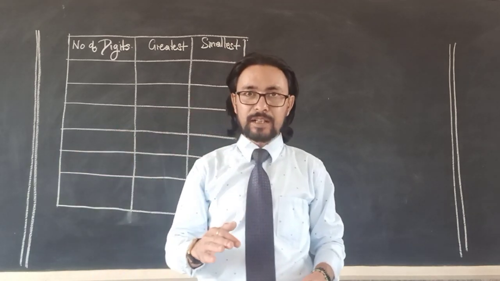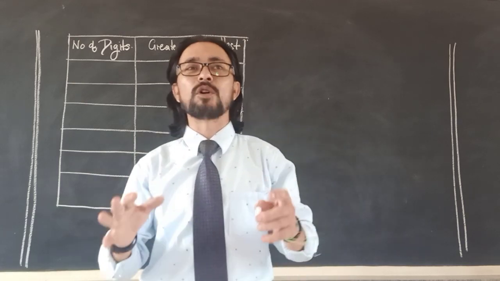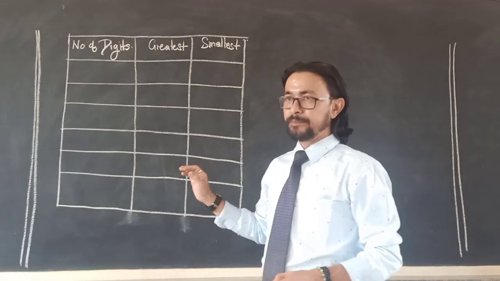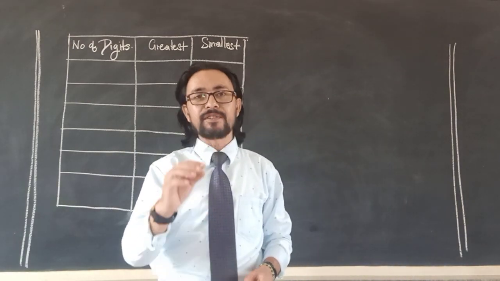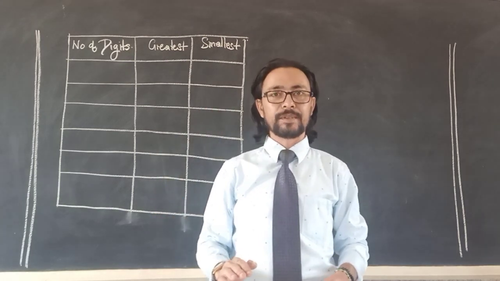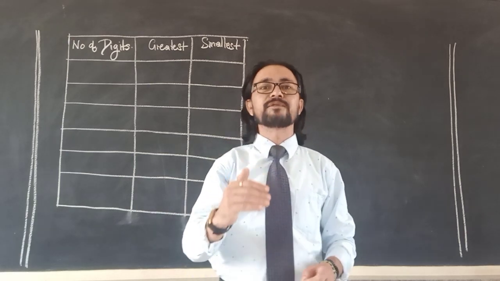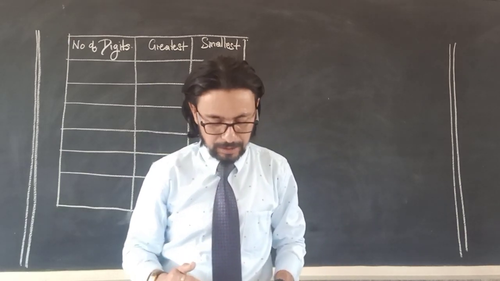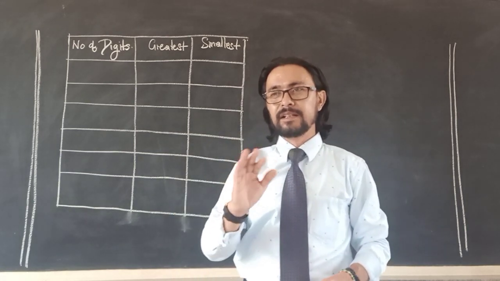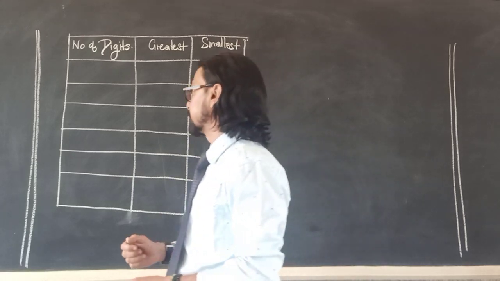But what I'm here today to explain to you is sum number 6 and 7 regarding smallest and greatest digits. Now as you can see, I have put down a table for you. Now you have done sum number 5. After sum number 5, you have to draw this table in your notebook. After you have drawn this table in your notebook, it is only then that we will be going to sum number 6 and 7. 6 is fill in the blanks, and 7 is a little difficult sum, which I will explain to you in detail as to how to get the answer.